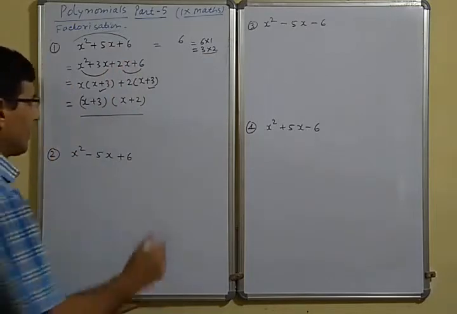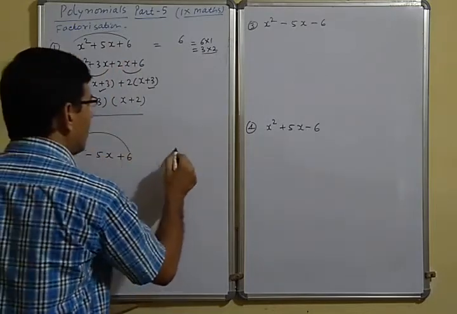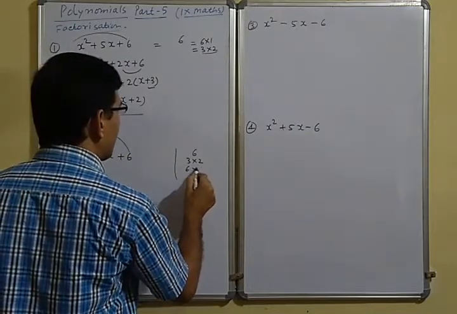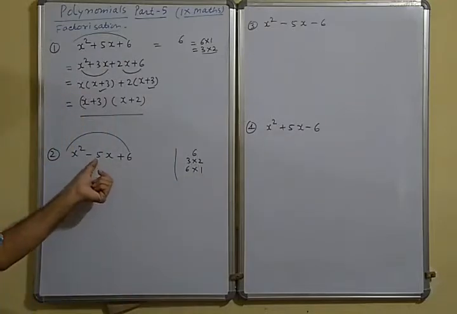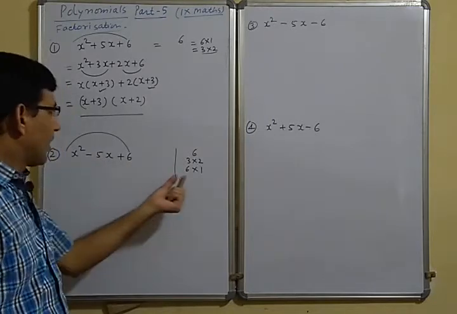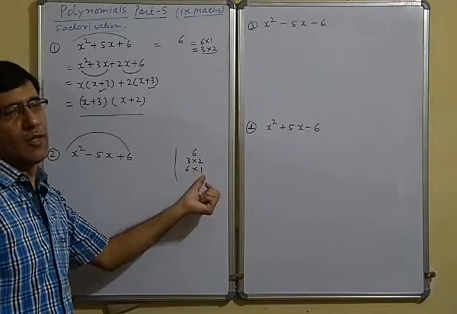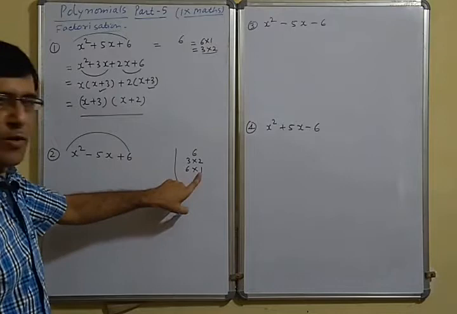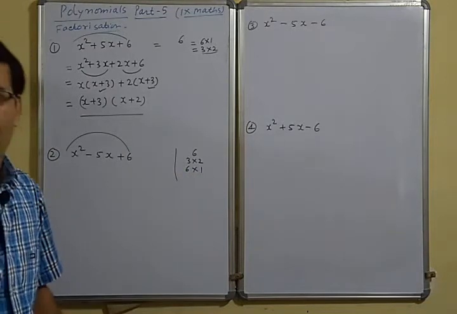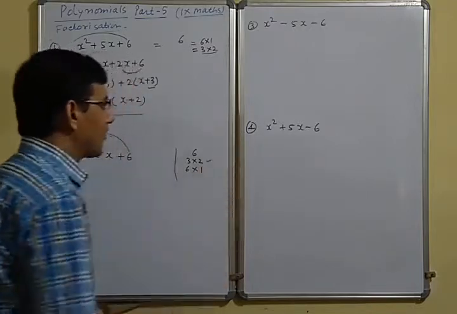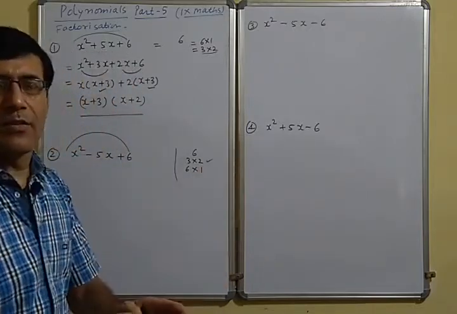Now let us see the second example. Again here it is 1, so 6 into 1 you will get 6. Factorize, you will get 3 into 2 and 6 into 1. But here it is minus 5, so you have to find minus 5. If you take minus 6 plus 1, you will get minus 5. But with minus 6 plus 1, the signs are mixed, so it cannot be factorized by taking 6 and 1. So once again we have to consider 3 and 2. Minus 3 minus 2 becomes minus 5.